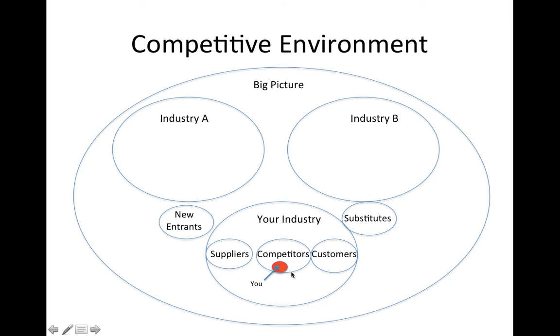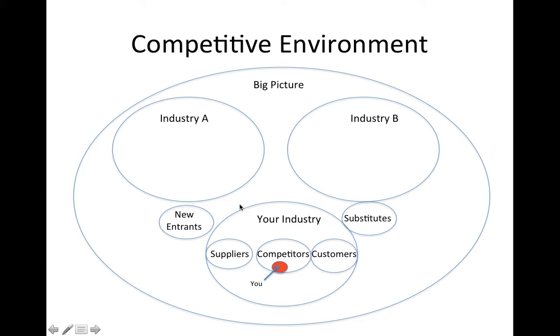First, there's what I call the big picture environment, and so that's everything. And inside of that, there's a lot going on. There's governments, there's people, there's all of that. And within it, there are multiple industries as well. And one of those industries is yours. Now, there are big picture things that might affect your industry and other industries at the same time and affect other elements of the environment, and you'll want to understand those.